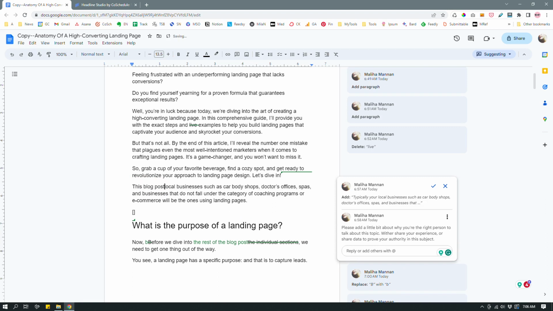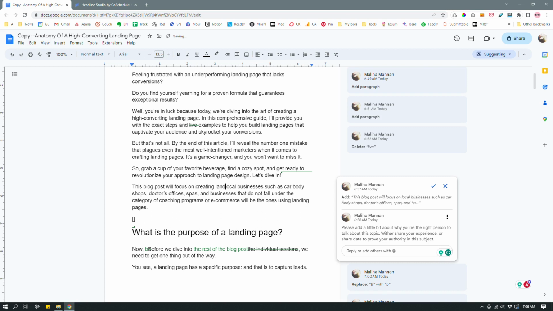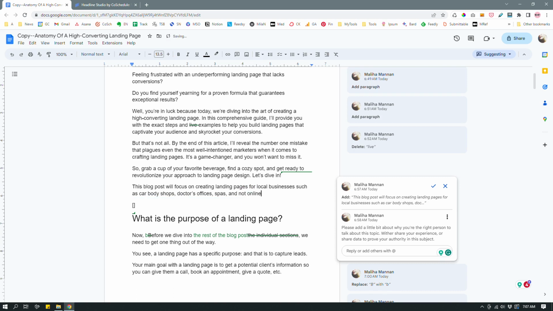This blog post will focus on creating landing pages for local businesses such as car body shops, doctors' offices, spas, and not online businesses, not specifically online businesses